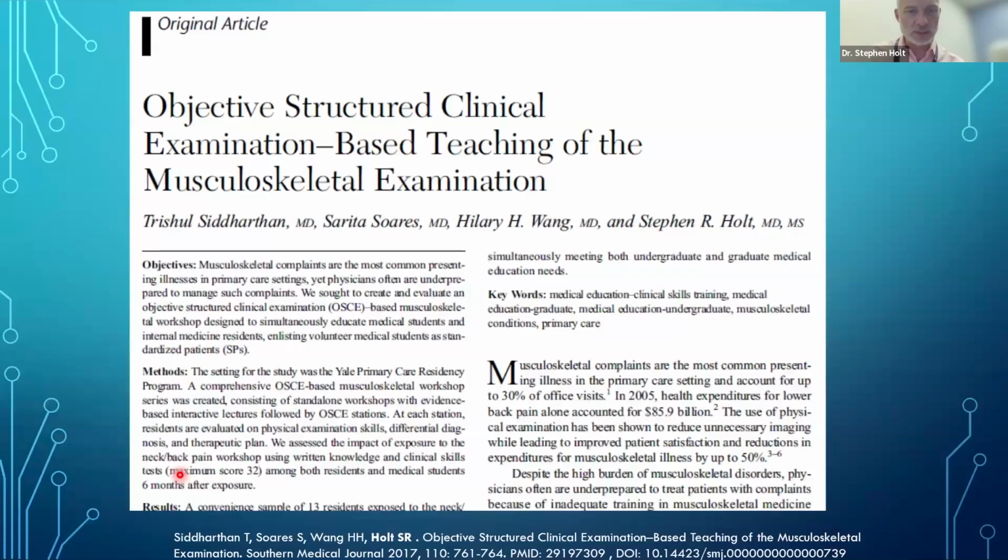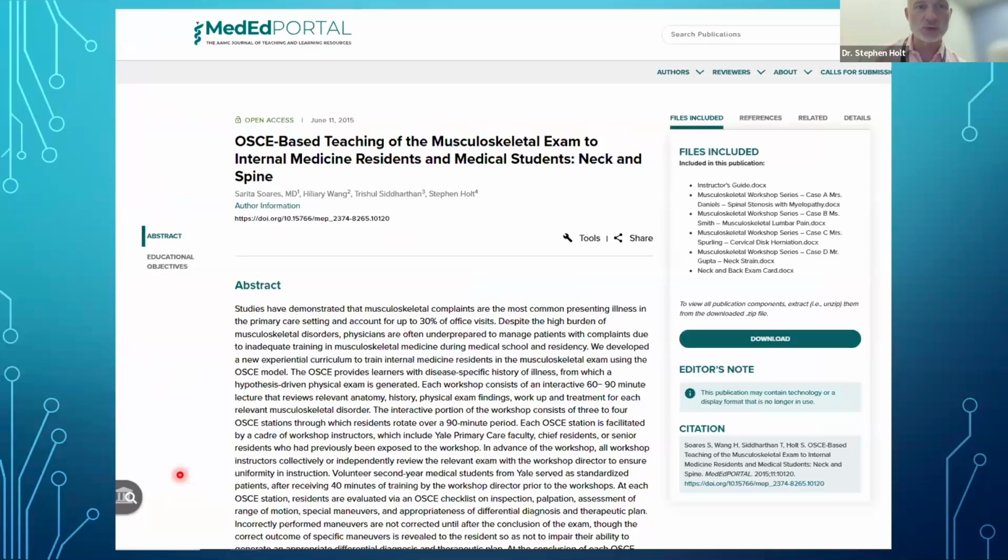So we did publish our findings. We really studied how effective this approach was and found great outcomes in terms of satisfaction with their training, more confidence, even 6 months after the workshops. And importantly, we would test their clinical skills 6 months later, comparing those who had participated in the workshop to those who had been randomized to not participate. I'll spare you the actual approach that we took. There was clear, durable knowledge acquisition, which was really what we were trying to do. And we published that in MedEd portal so that other folks could use what we were doing.